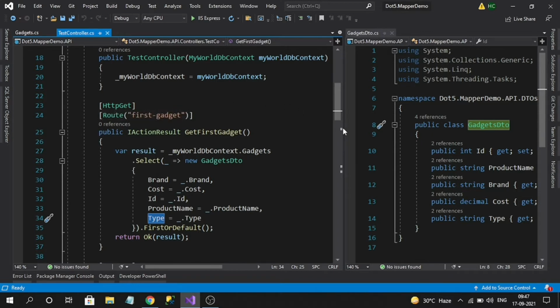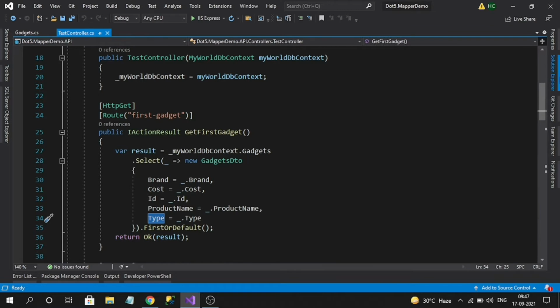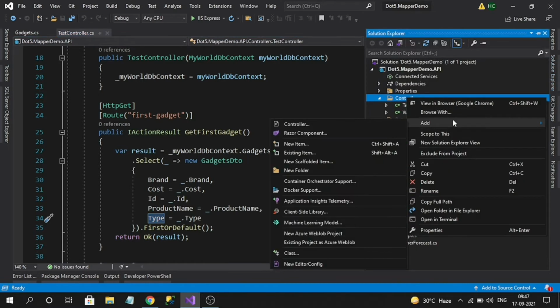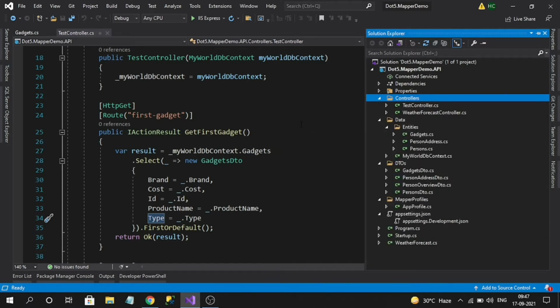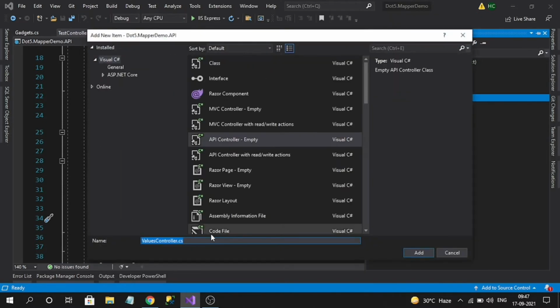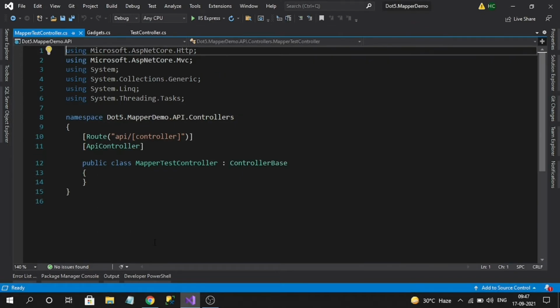So here what I will do, I will create another controller, where in that controller I am going to use AutoMapper itself. Select API. I will name it MapperTestController.